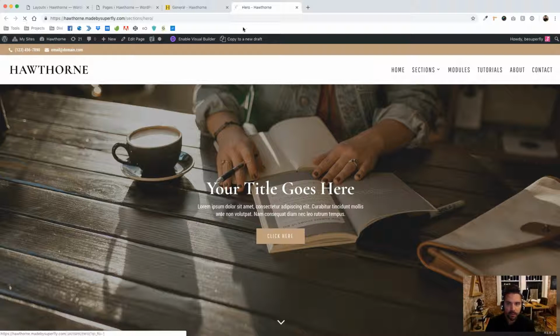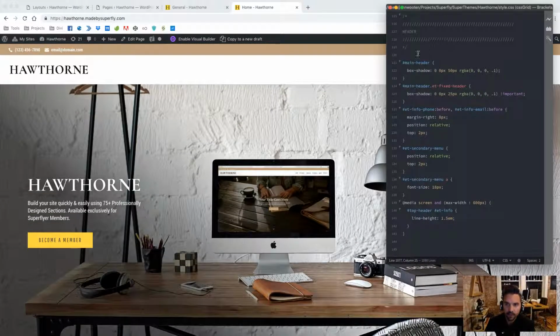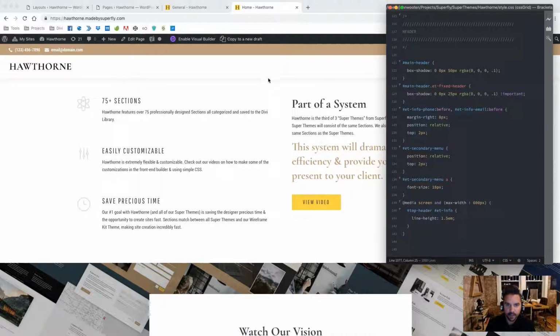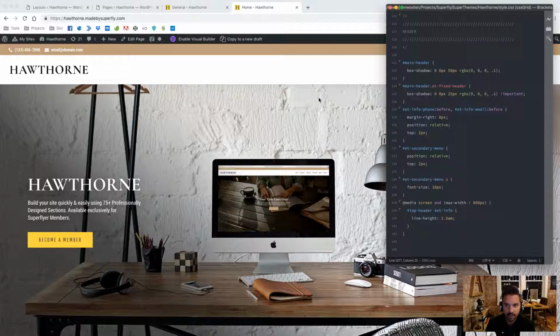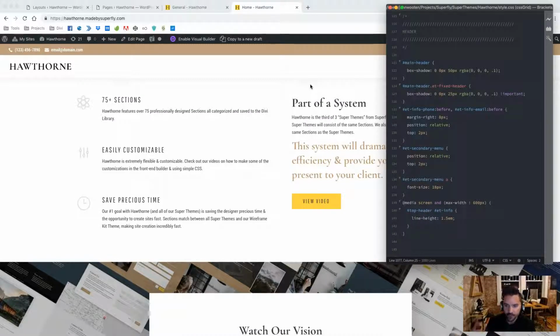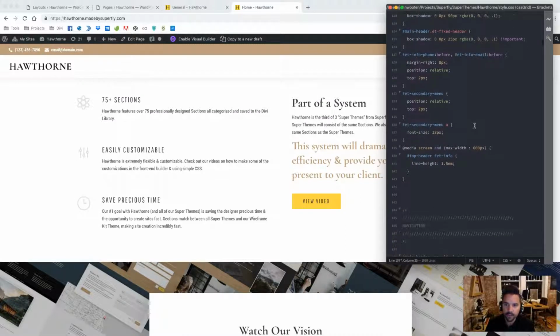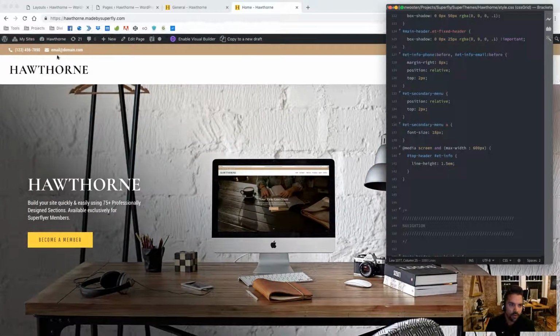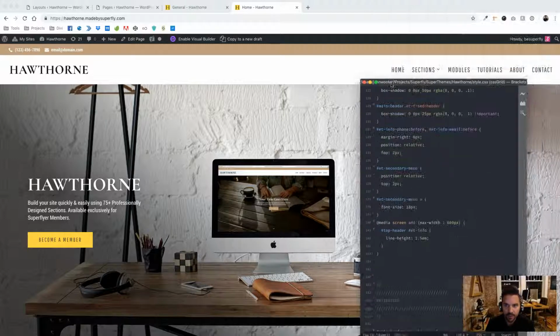All right, and then let me go to our home page here. And then here we have our main header. We have a subtle box shadow here that we're putting on the main header instead of the default one. I like this subtle one a little better. And then we're adjusting that when it's fixed. So when it's up here, it's actually a little bit longer, and then it goes down to 25 pixels when the header shrinks. And just some adjusting for this mail and phone icon here, just getting them centered a little better. So we're adding some spacing there, and same thing with the